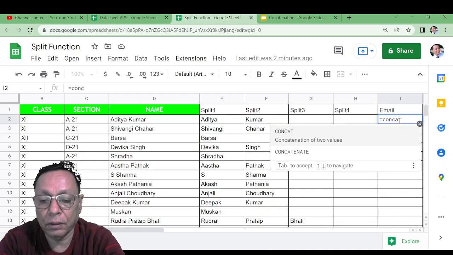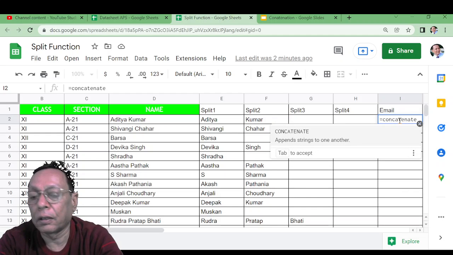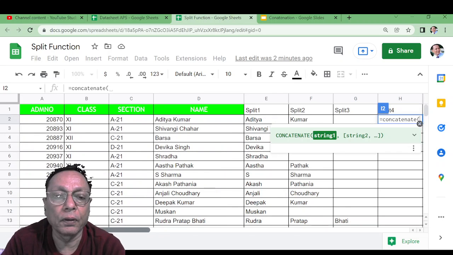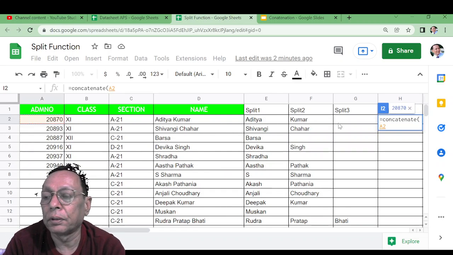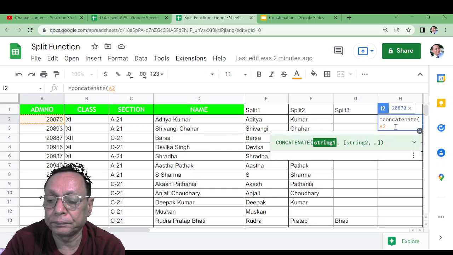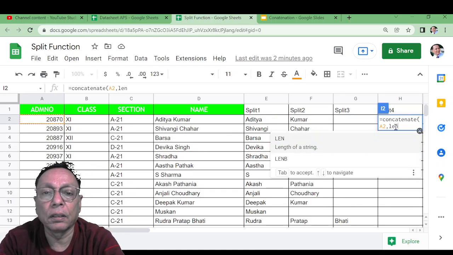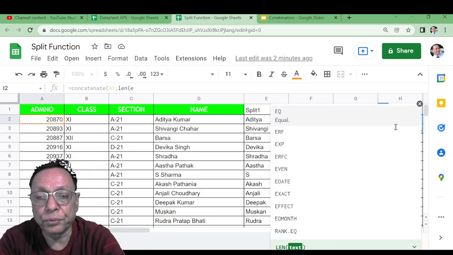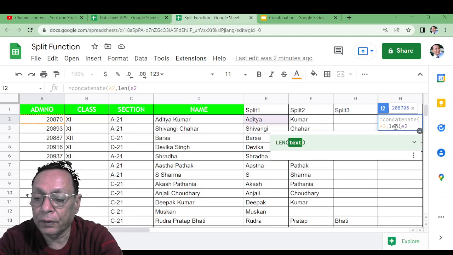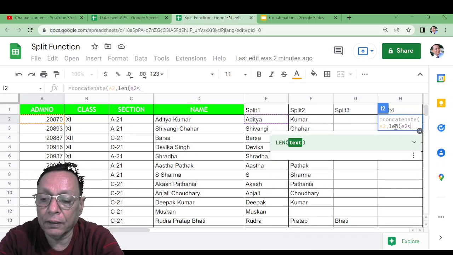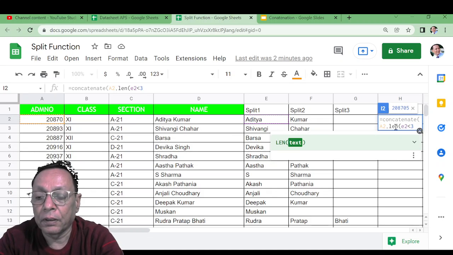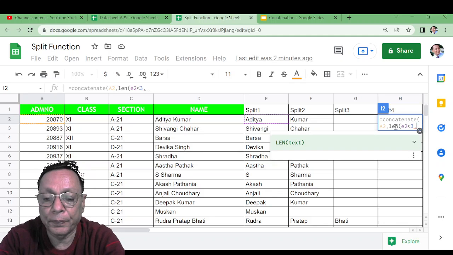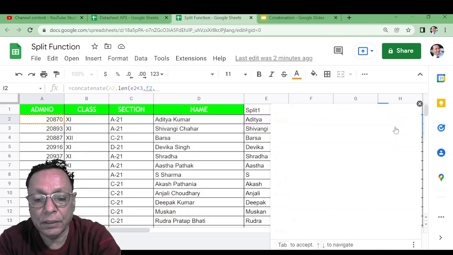concatenate, and here column A2, comma, length of E2, meaning the first name length. If less than 3, then it will take the column F as the ID name, that is F2, otherwise E2,